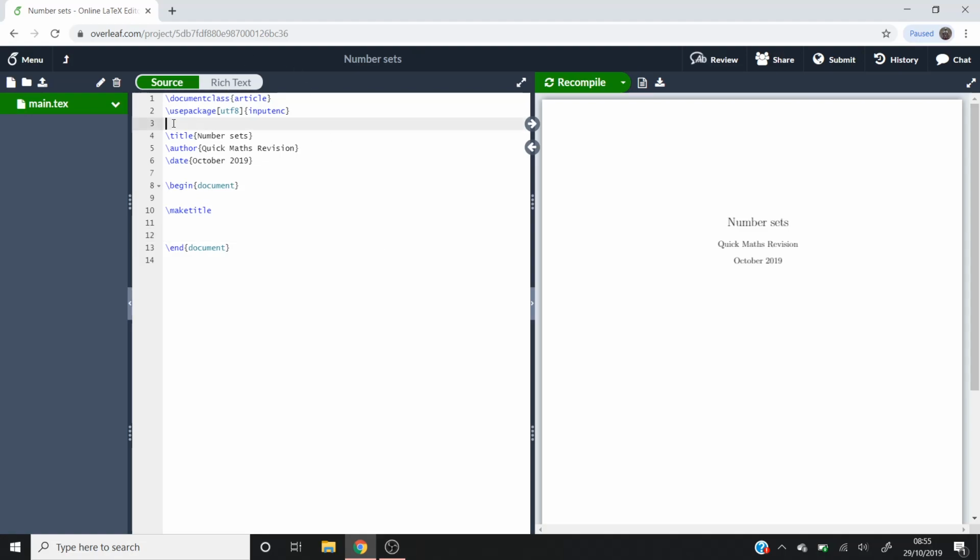of the inbuilt packages in LaTeX, which is the usepackage. And then you use amssymb. And what that'll allow us to do is that'll allow us to create the symbols we're wanting to represent the